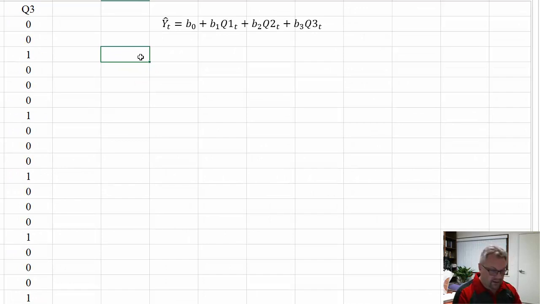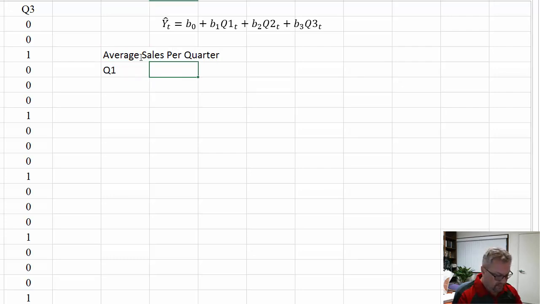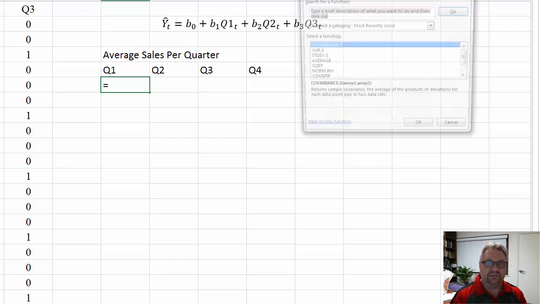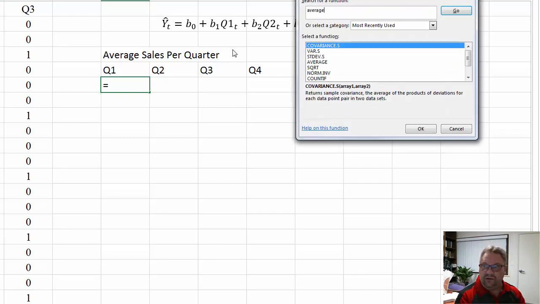So here, I'll do this. Here's my average sales per quarter. And so Q1, Q2, Q3, and Q4, right? So now I'm going to calculate the average sales for quarter 1, quarter 2, quarter 3, and quarter 4. So how do I do that? It's very easy. There's actually an average if command in Excel. So average if,